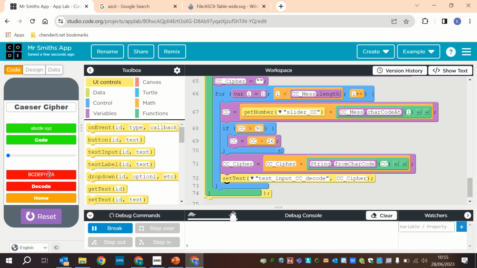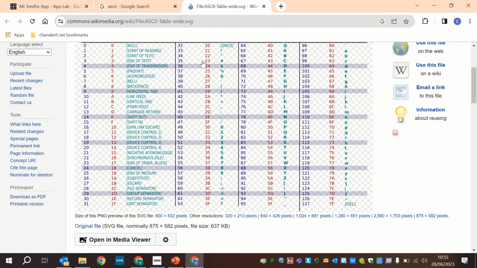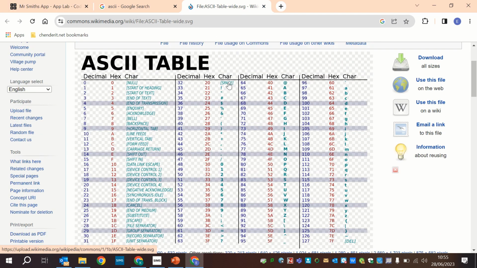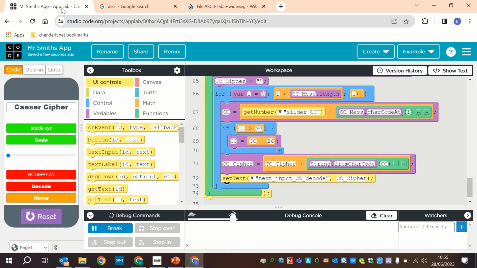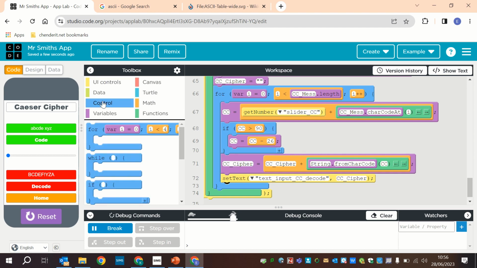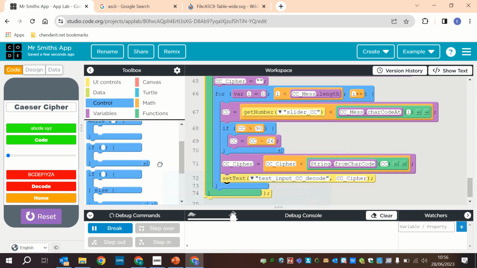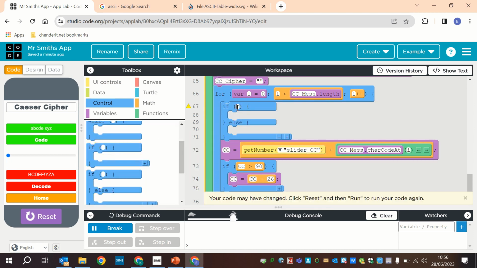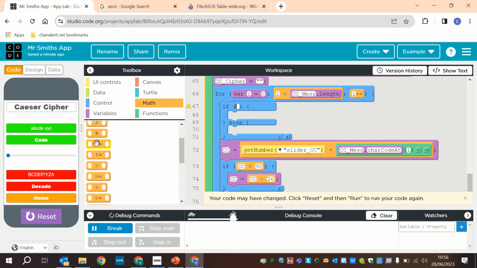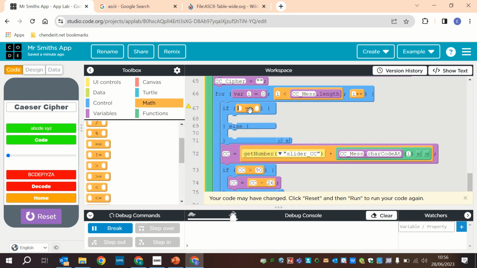Okay, so what am I going to do? What is a space? So we look on here and we can see a space is number 32 in decimal. It's got my hex in there as well, but it's 32 in decimal. So I'm going to check for that. And I don't want it to do this if it's the number 32. Okay, so I'm going to use an if. And this time I'm going to use an if with an else. Okay, so if, and I'm going to use the double equals, because it's not like here where we're assigning a value, we're comparing a value. So if,